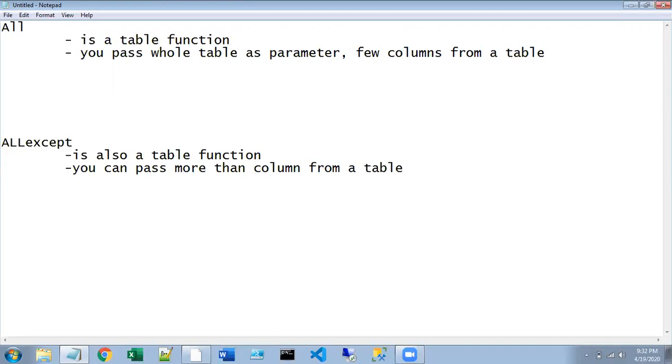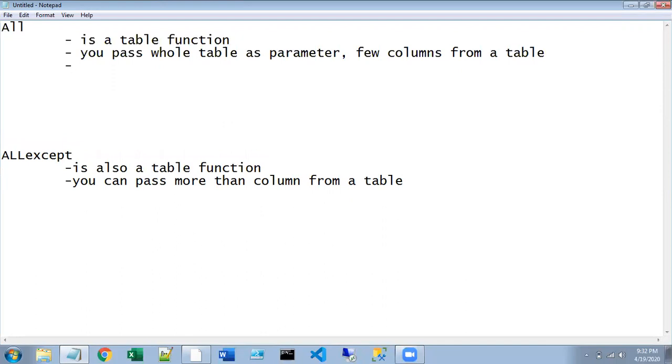So the basic functionality is this: when you pass a whole table, your measure is going to ignore all the columns from the table. I'm repeating it again. If you pass a table as a parameter to your ALL function, your measure is going to ignore all the columns from the table.